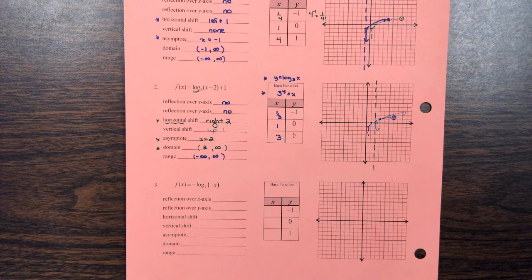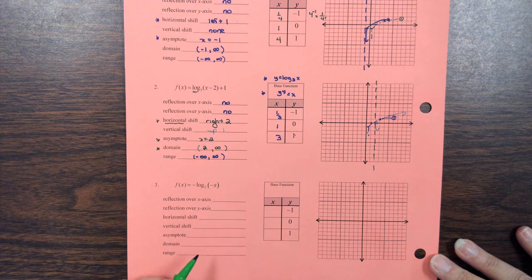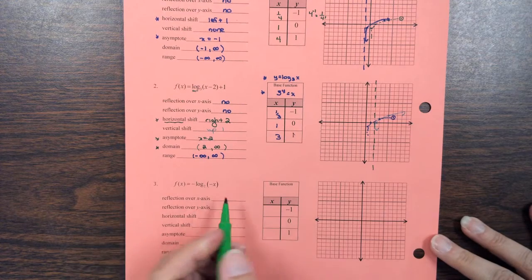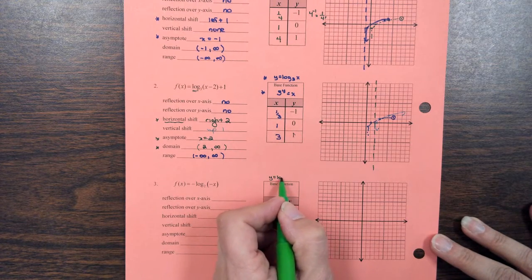Our next example 3 is the first example where we finally will see some reflections. In fact, I see a negative in the front and a negative inside the function as well, so we're probably going to have 2 reflections. But as always, we'll start with our base function, so we'll write down a base function, y equals log base